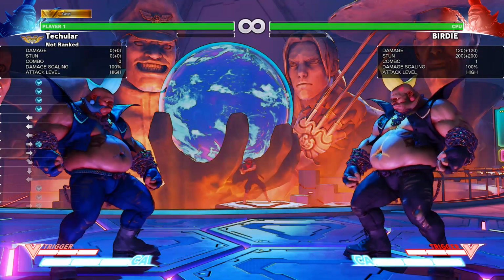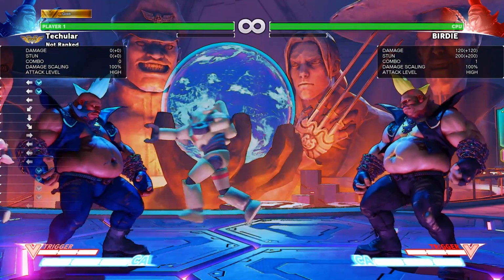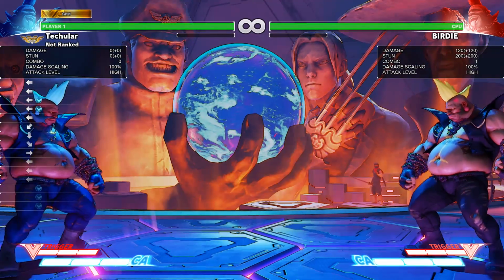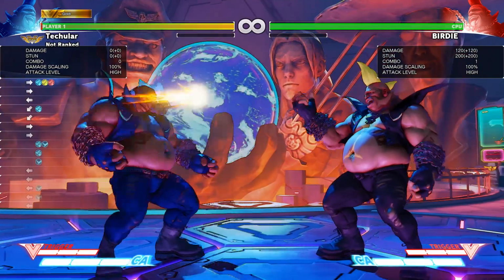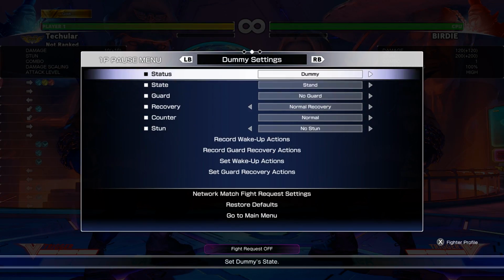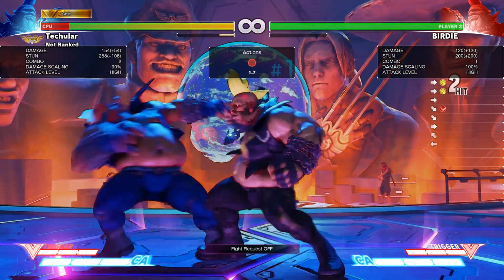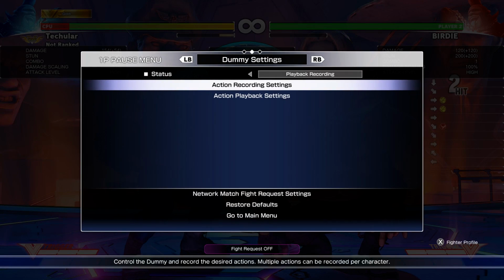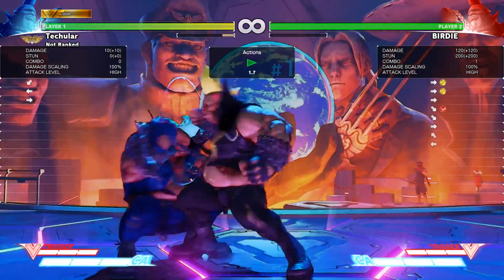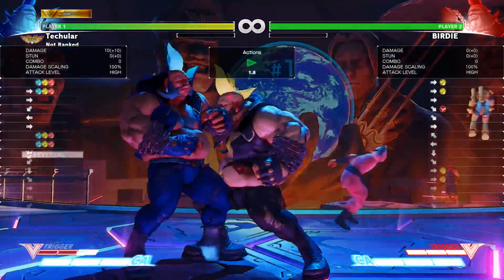Right, that is pretty much it for normals and specials. V reversal. I'm finding that the main use of his V gauge is V reversal. Because, as I was saying, Birdie has such a hard time with people getting in and rushing him down, that once they're in, you need to get them off you. You need to get them off you pretty quickly. So using a bar to get them off you